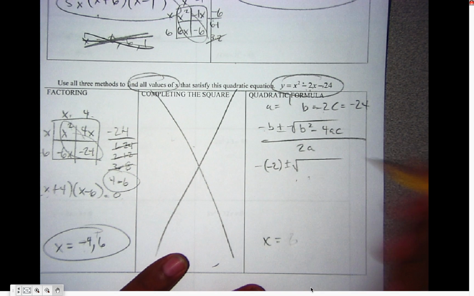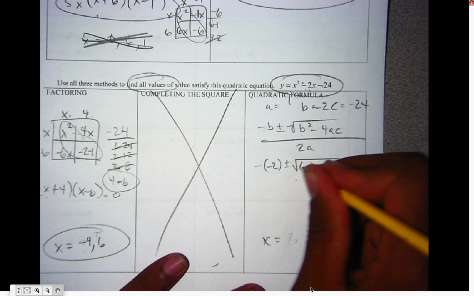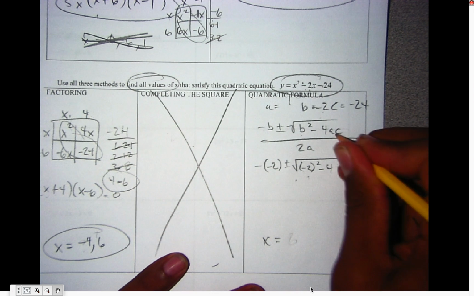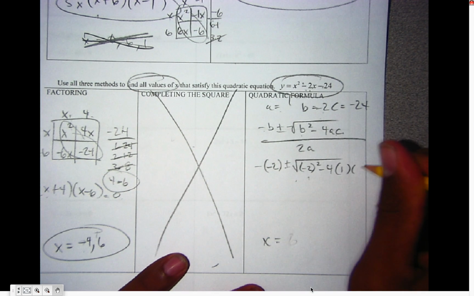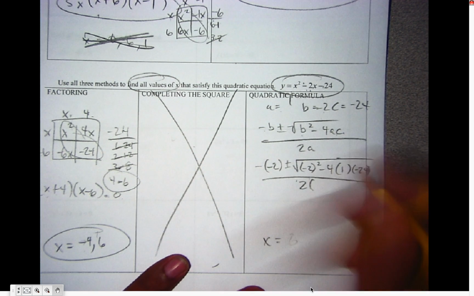All right, so square root, and I put a b there, so I put parentheses, -2 squared, -4 times, there's a, so a is 1, times c, and c is -24. Okay, over 2 times